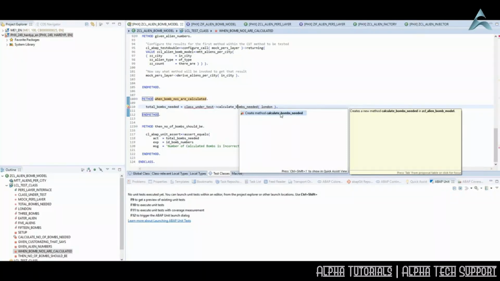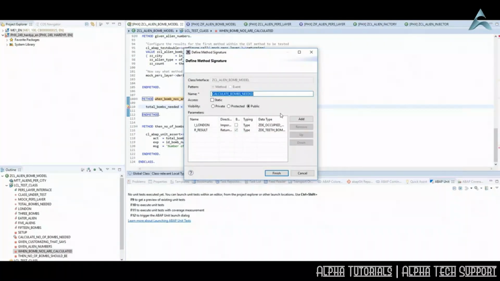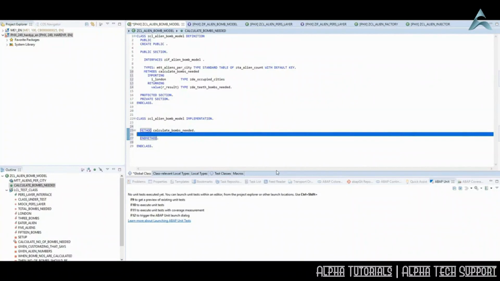It says, let's create the method calculate bombs needed. Once again, it's clever enough to correctly type the variables. I press Finish. It's got a blank implementation and a definition, and this is in the class under test. So we've written the test first to a call that doesn't exist and then generated that code. Once again, this is test first, test-driven development.